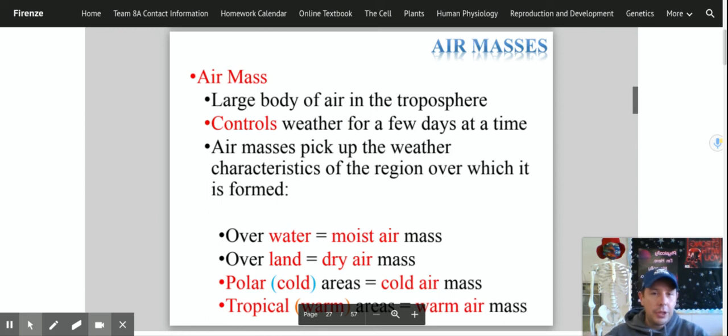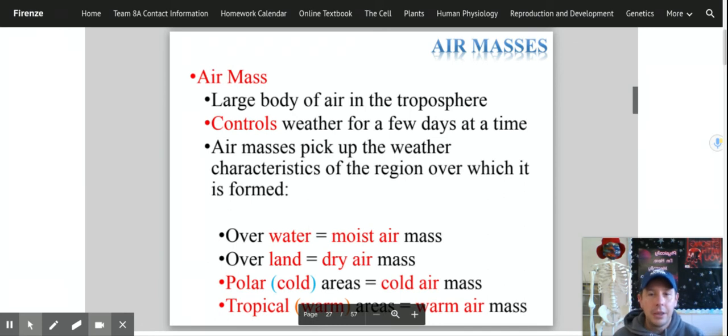It moves from California over to New York, moves from west to east, along with the wind patterns of the world, and it carries a certain kind of air with it for a couple days. So picture a big dome or a big bubble of air and weather moving across the country. This controls the weather for a few days at a time. So that's why we get a few days of nice weather, and then a day or two of bad weather. Then we'll get a couple days of nice weather, and then a day or two of bad weather, because it goes in cycles.